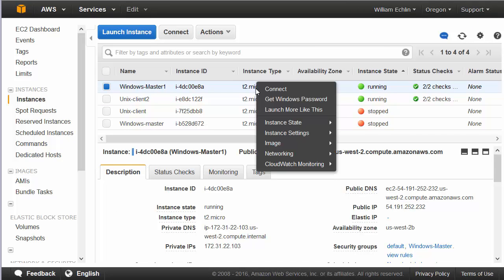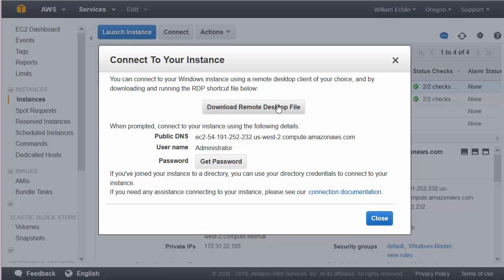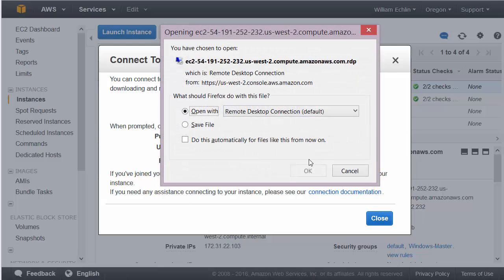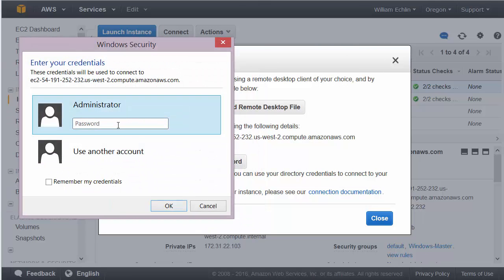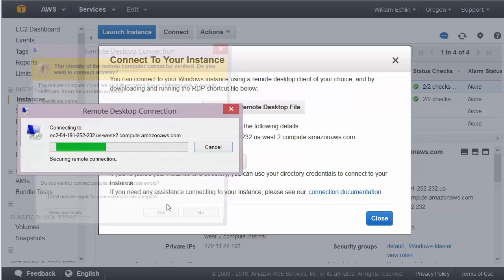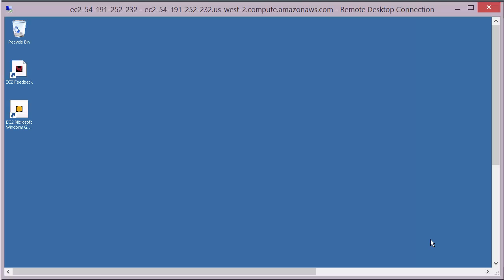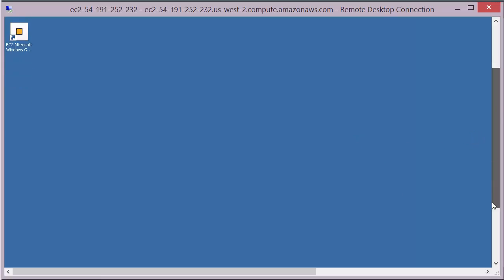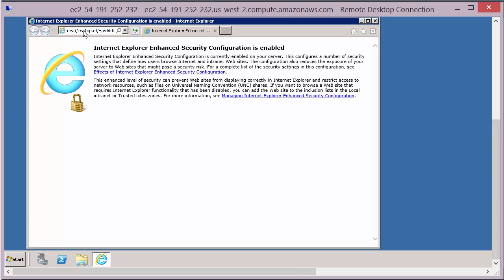First off, we start our Windows machine. So we connect to this with the RDP connection, downloading the remote desktop file and opening this, entering in the password that we obtained and decrypted in the previous session, and then on our remote desktop session we should be able to start Internet Explorer, and we can search quickly